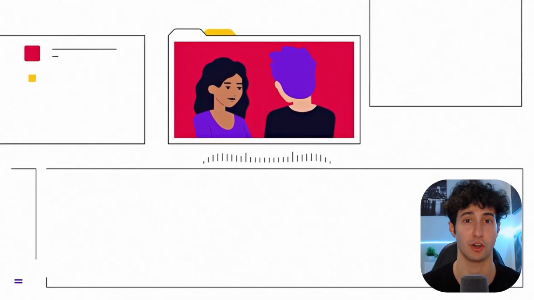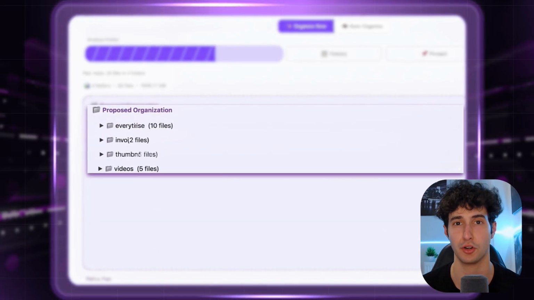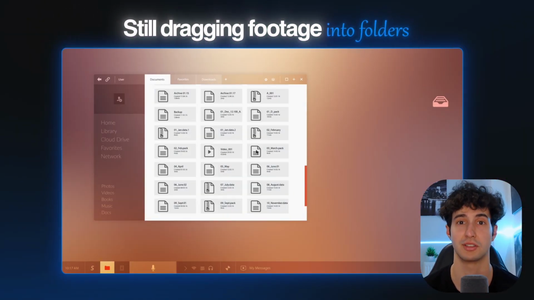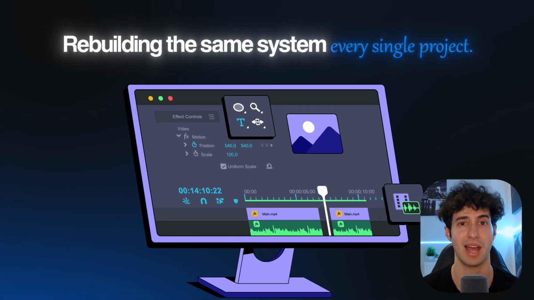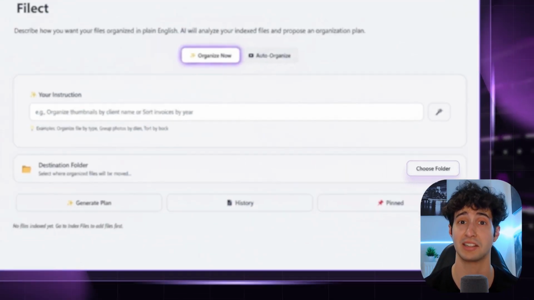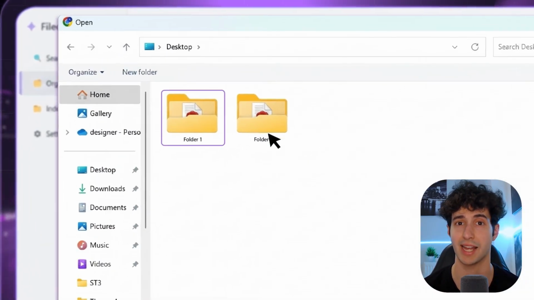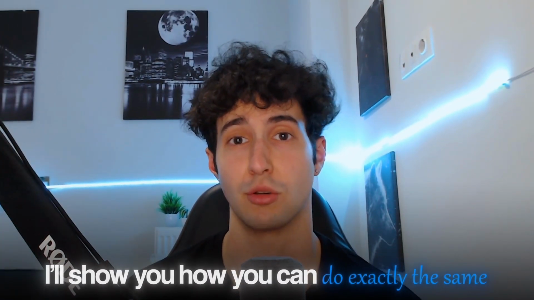Every video editor needs this AI tool that can organize your entire drive for you. But most of them are still dragging footage into folders, renaming exports, and rebuilding the same system every single project. Only a few have figured out that you can hand this full job to AI, and they are going to leave everyone else behind. And in this video, I will show you exactly how you can do the same,